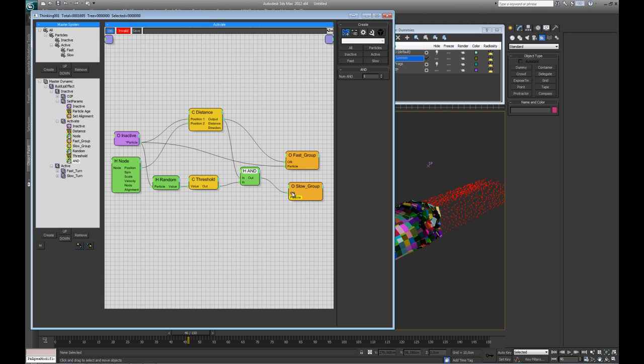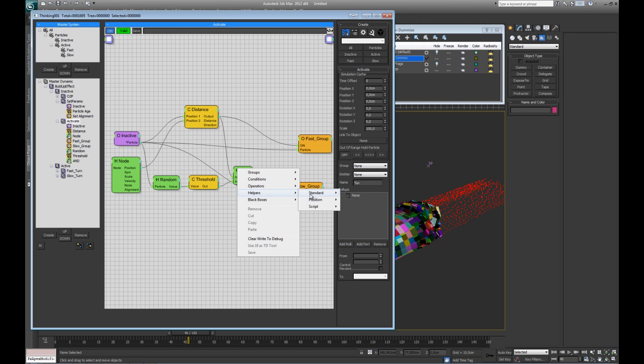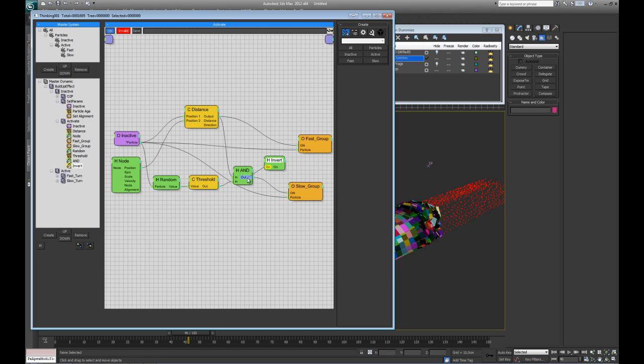So if the distance to the target is between 0 and 55, and the threshold is between 0 and 0.5, this one is going to output true, and the particles are going to go to the slow group. However, we're going to need a bit more for this. We're going to create a standard, helper, and invert, and the output of the AND